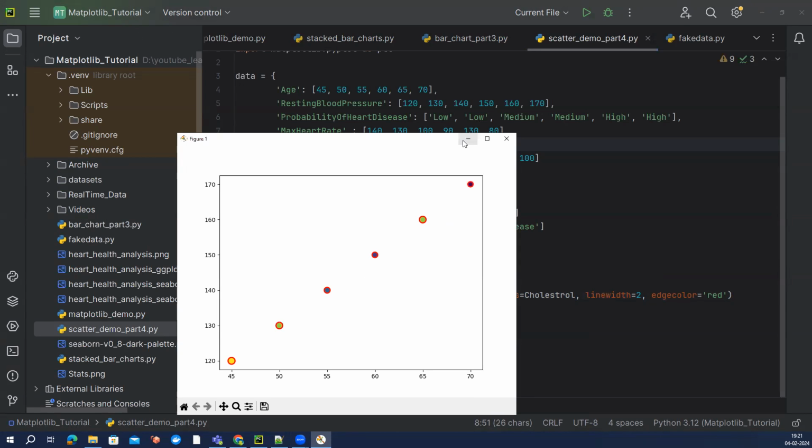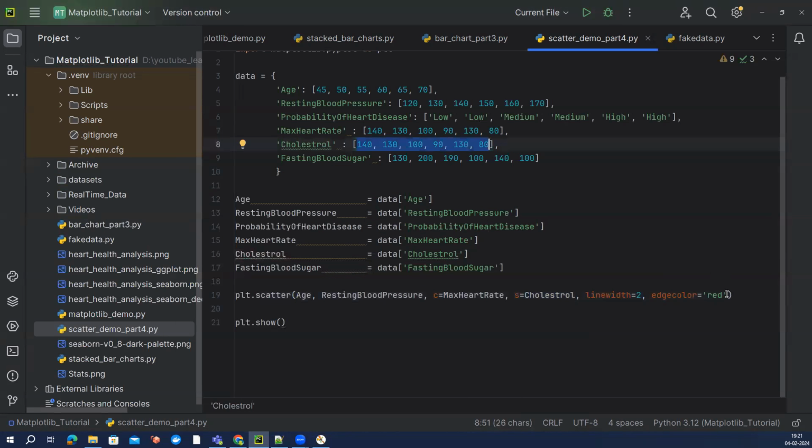So there are multiple ways through which you can understand, and now I'm going to add a few more parameters through which you can actually understand and establish the relationship, right? So I'm going to remove this for now, line width and edge color. Now what I'm going to do is use a cmap, which is a color map, and in cmap I'm going to use,